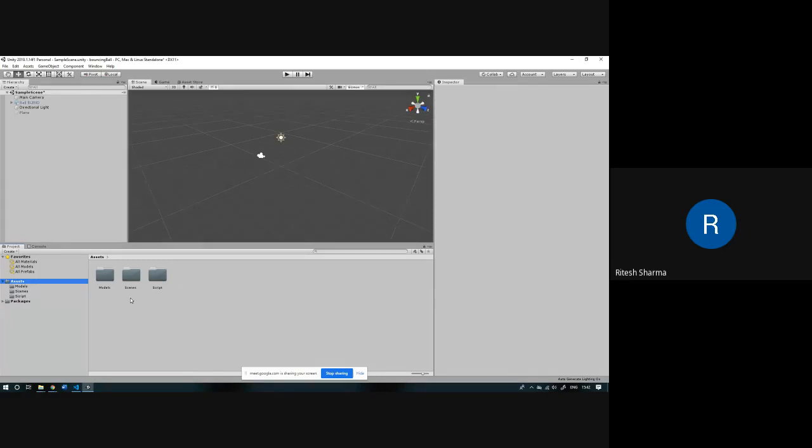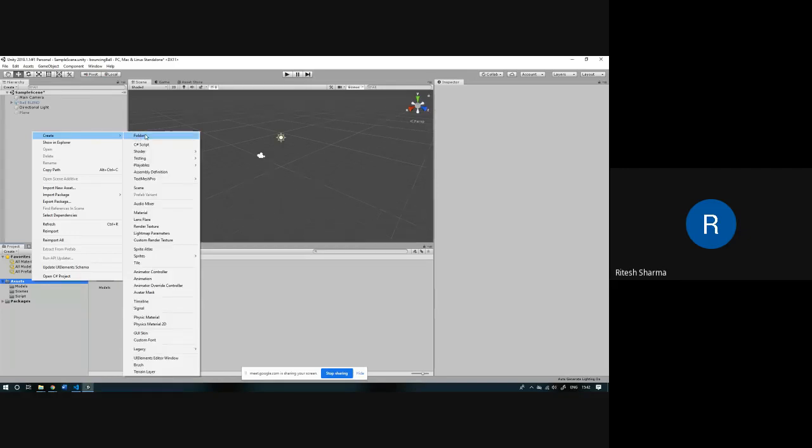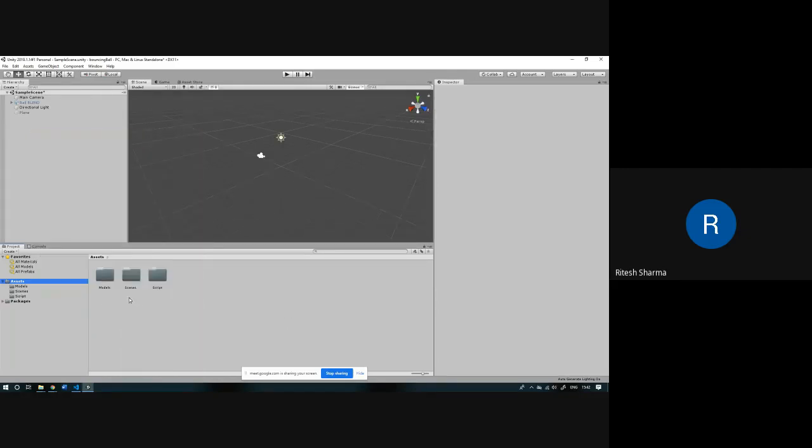So first thing is that the model that we have created, we want to use it in our Unity packages. One way to do it is, once you have created this, you right click on assets, click create, and then click on folder, and name the folder models or anything. You can name it anything, but just to be organized, name that folder models.